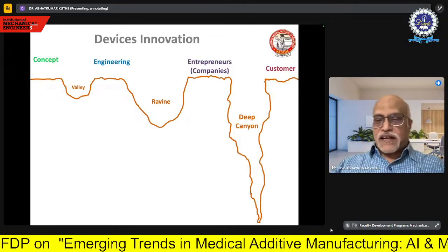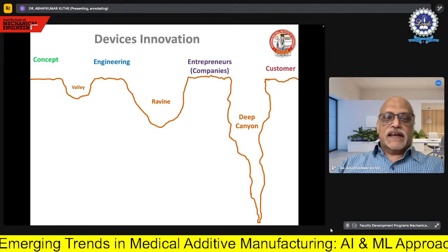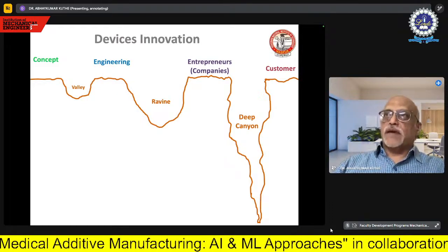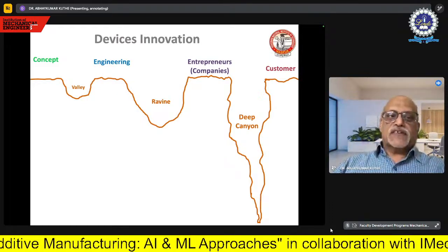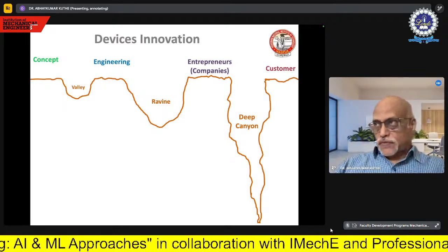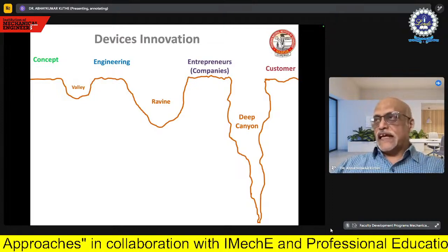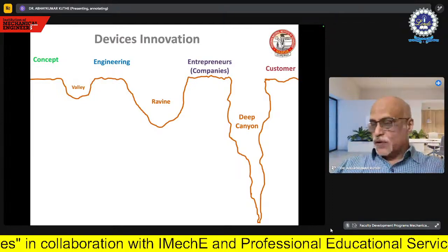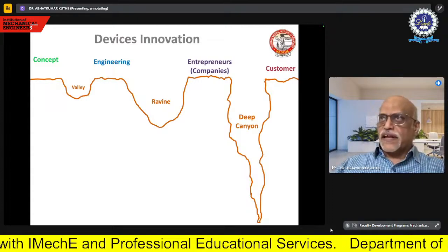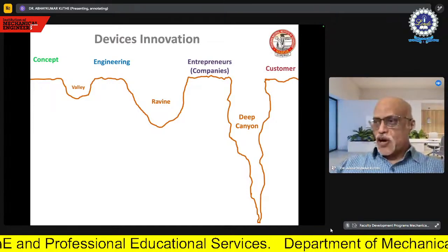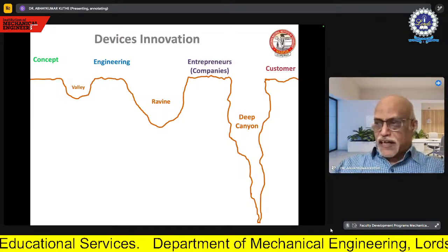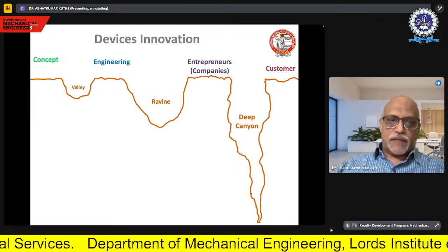If you look at this particular slide, you will find that the first is the concept of the part, which is generally developed based on the need of the customer. Then once the concept is developed, you can apply engineering design to see that the product is safe and also optimized properly. Even the detailed analysis: we talk about design optimization, design analysis, and ultimately the finite element method, which everyone is aware of.